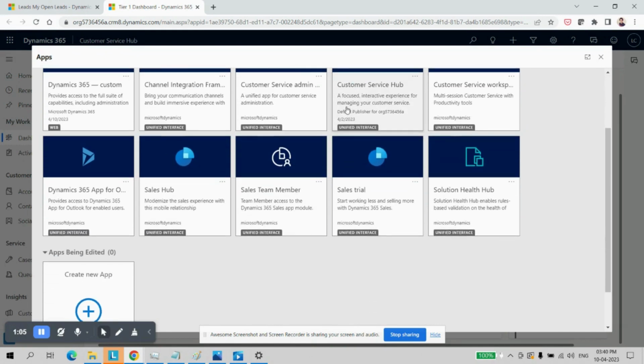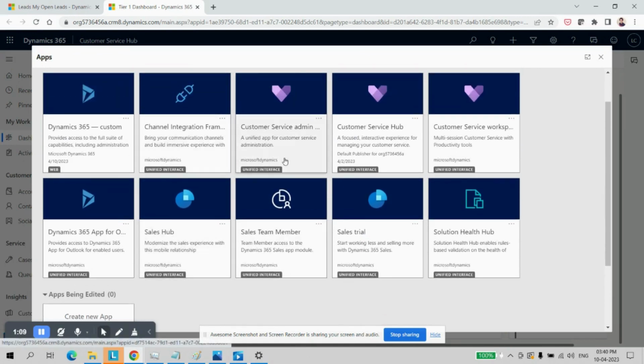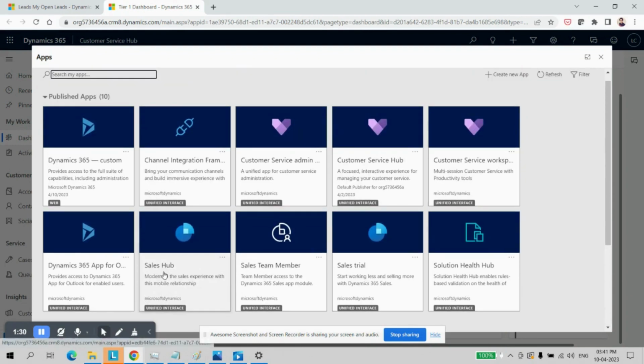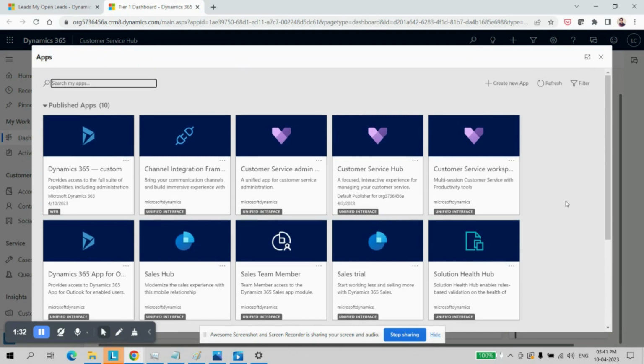So here you can see the sales app for going to the sales. Then we have customer service for the customer service app. So similarly, we have other apps also. If you want, we can create our new app also from this window. While creating the app, we need to mention the app name along with all the entities to which we need to give the access and the security rules. So we will move to the next component. At a later stage, we will see how to create model driven apps.